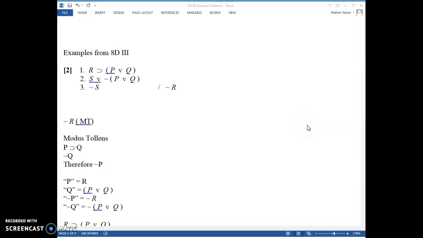Okay, I want to go over this simple example from 8D.3, and I want to go over it even more slowly than I have in the past, because I think some of us are missing or not understanding some of the key moves that happen when we apply our strategies. All right, so here's the premises that we're given, 1 through 3,